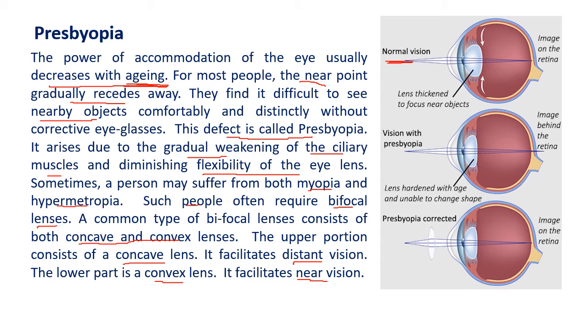Secondly, our ciliary muscles also need exercise. The lens also has to be given exercise. So when you are reading, when you are studying, do not continuously look into a book. After 10 minutes of reading, try to see a distant object for 1 or 2 minutes and then get back to your reading. Why? Because when you constantly see nearby objects, the ciliary muscles get strained. So see a distant object, let your ciliary muscles relax and contract, and then come back to your reading. So a little bit of care has to be taken.